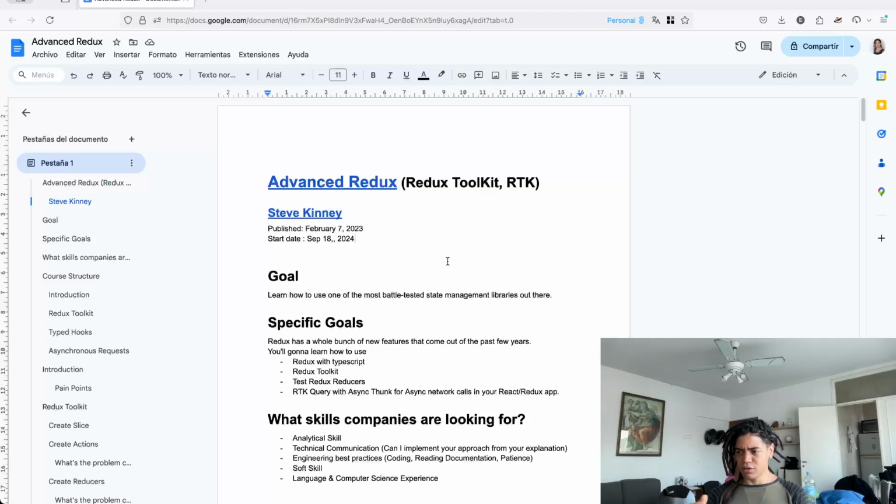Especially if you need to manage state in your applications, the more inputs a particular state needs to react to, or in other words, the more different states a particular state can be,